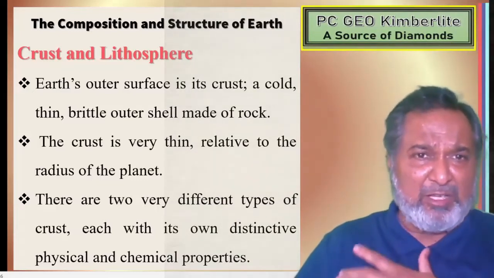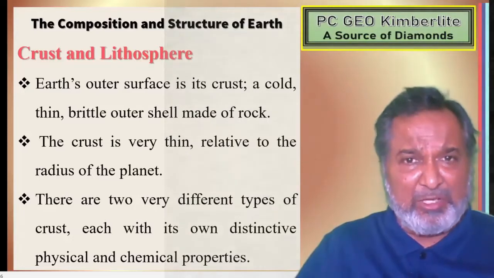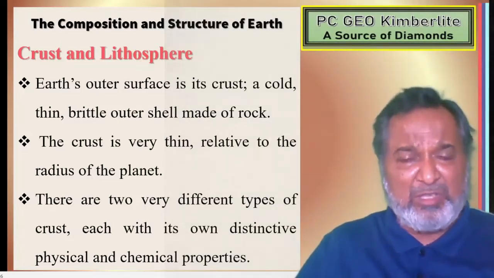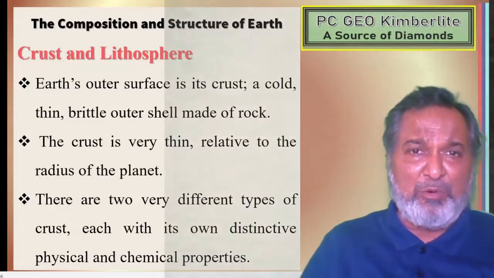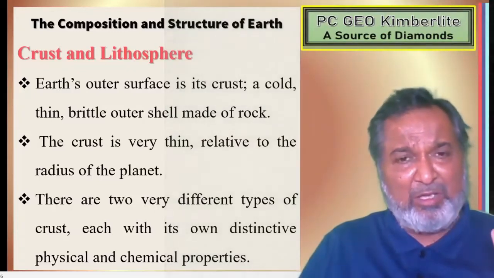So these are the various continents which have been there. On that we are going to get this particular temperature. So this is the crust which is there, solid one, which is cold, thin, brittle. If you hammer it out, the rocks easily break. That is the outer shell of the Earth.